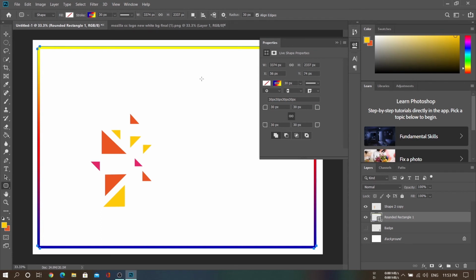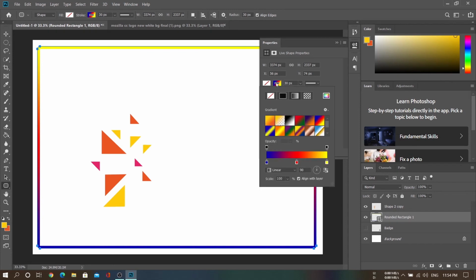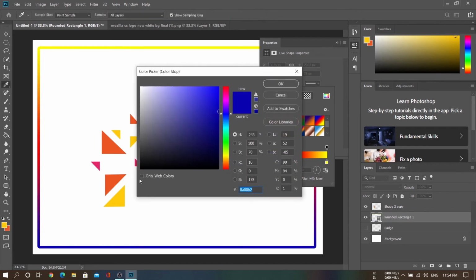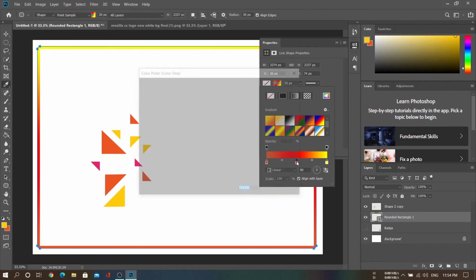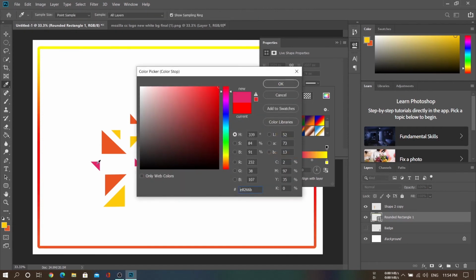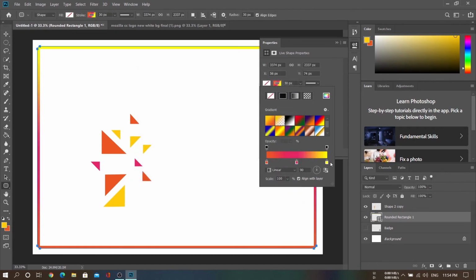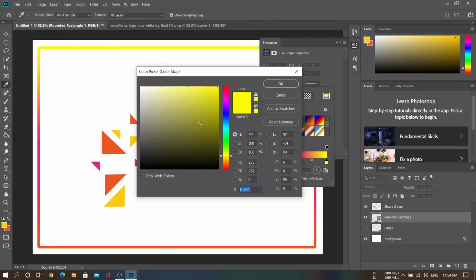You can use your company's logo to select the 3 colors that you want to put in the certificate. So now let's select the color. Click on this. Click on the 3 colors. First we are going to double click on it. Select orange. Double click on the second color. Set it to purple. Double click on it to set it to yellow.